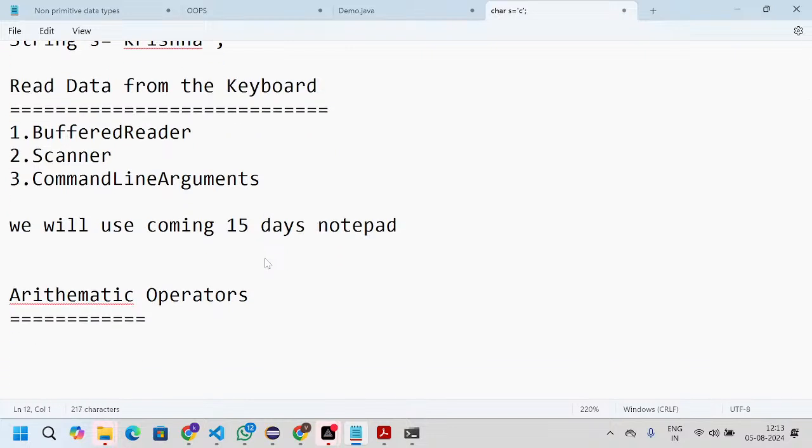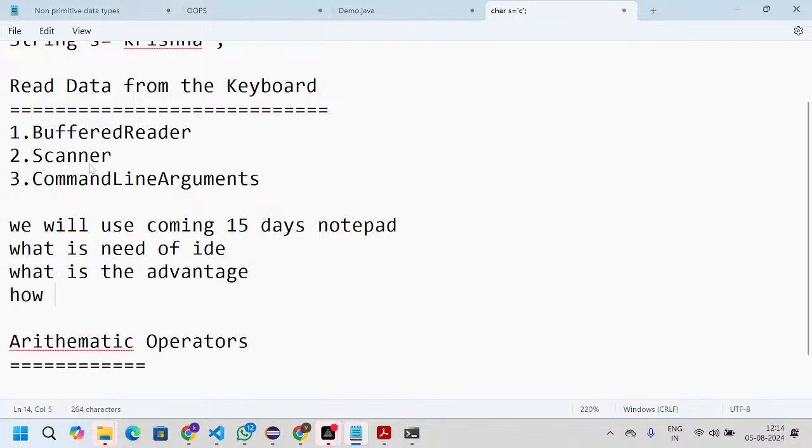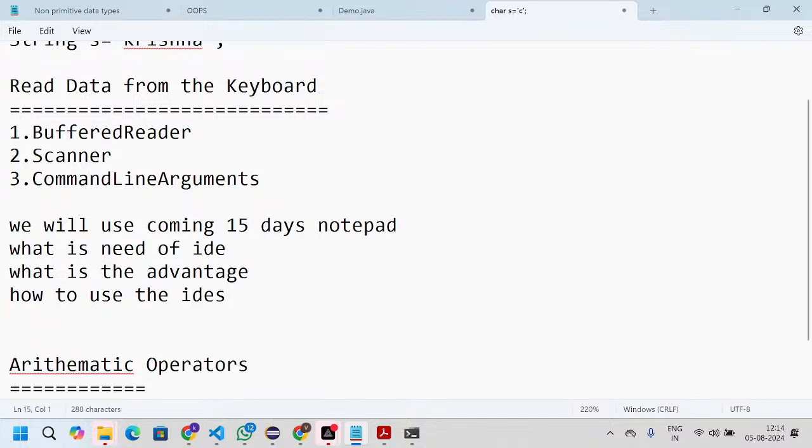After that, we will discuss the need for an IDE, the advantages of an IDE, and how to use an IDE, and then we'll start working on IDEs.